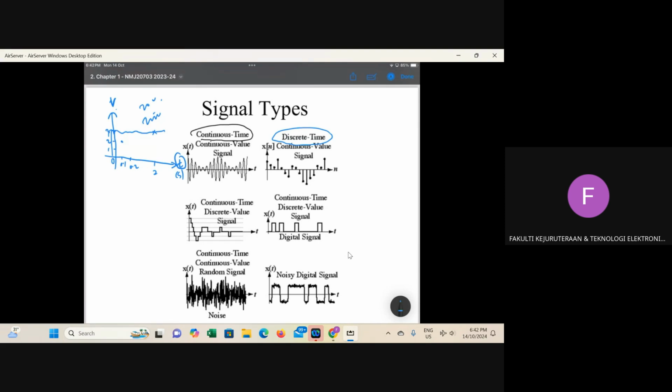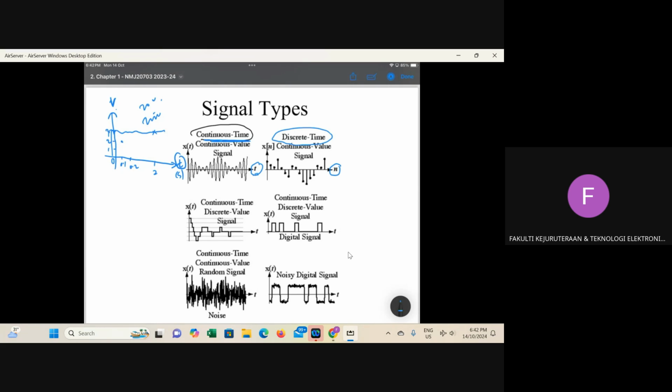So what is the difference between continuous time and discrete time? Look at this x-axis. For continuous time, the x-axis we label with t, and for discrete time, the x-axis we label with n. For continuous time, it could be seconds, minutes, hours.